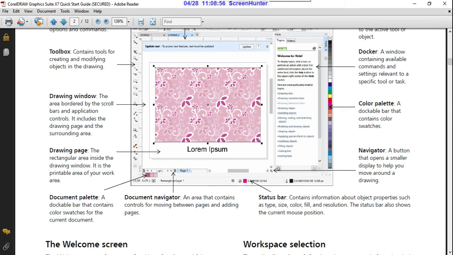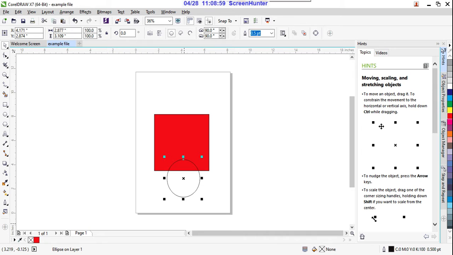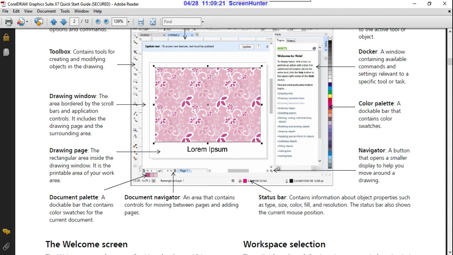So the current document's colors they can display here. Suppose here the first we use red color, so it is already recorded in your palette. Suppose here I am using again the blue for this circle, right? Here your recent colors, how many colors, how many times you use, that many times it can record here, right? That is the document palette. And beside that we have the document navigator, an area that contains controls for moving between pages